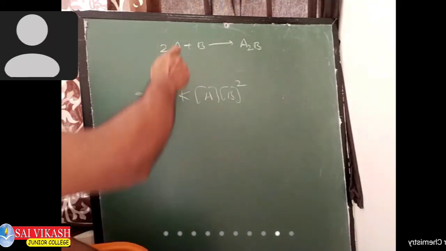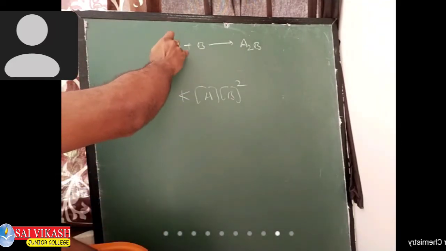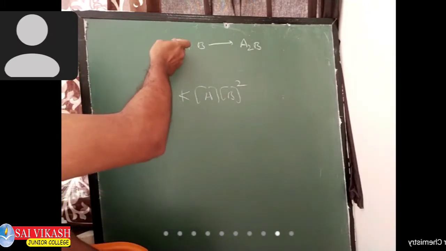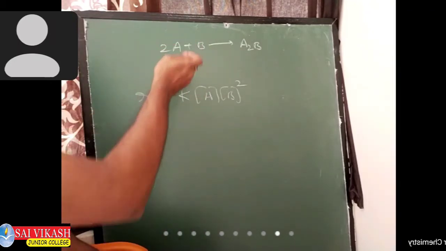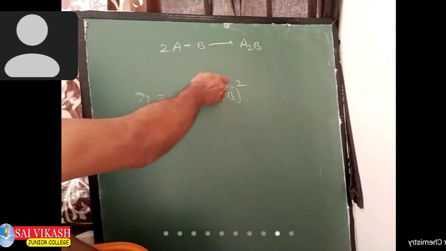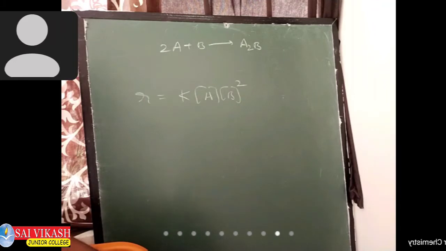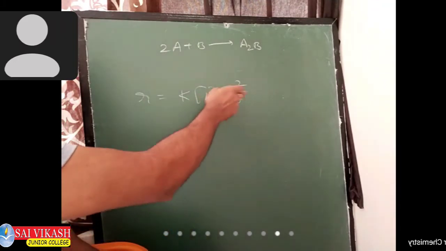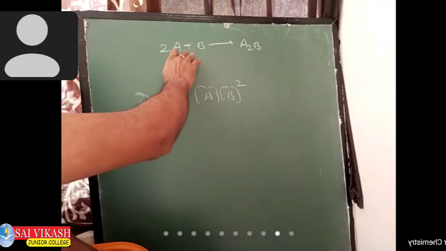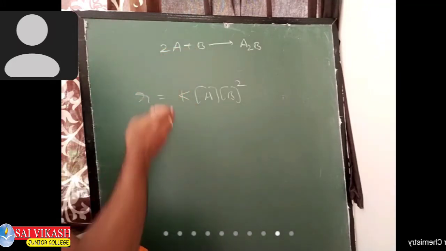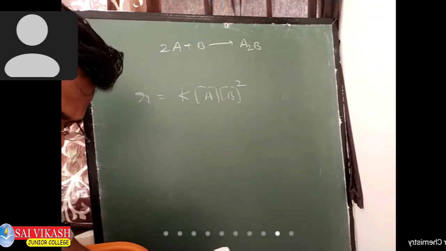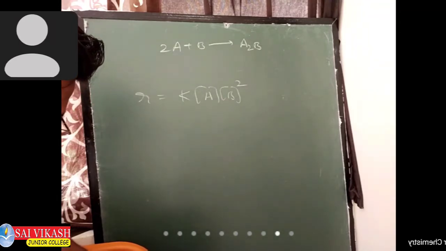Look at this. This type of rate equation is not coming there. Actually, if it were the rate limiting step, the rate equation would be r equal to k into A square, B power 1 should come. But here A into B square comes. Means this is the entire equation, this will be the rate limiting step's rate equation. This is the given, with some k value.